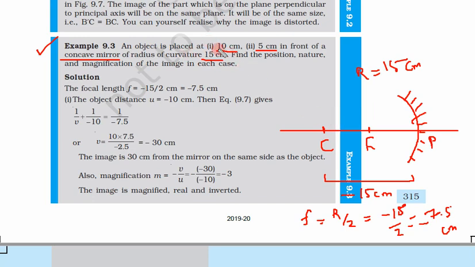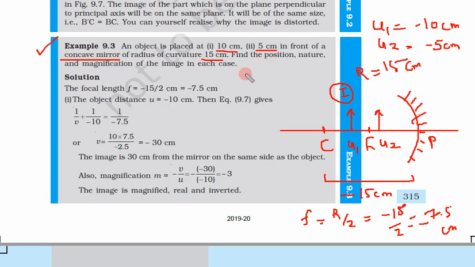Let us put this object at first at U is equal to 10 centimeter. So 10 centimeter is somewhere here. So this is our object. So in first case the object is here, this is U1, and U1 is nothing but minus 10 centimeter. In the second case, we change the distance and now it is 5 centimeter. So this is at 7.5, so 5 is somewhere here. Now this object is here. So this is U2. U2 is nothing but minus 5 centimeter.